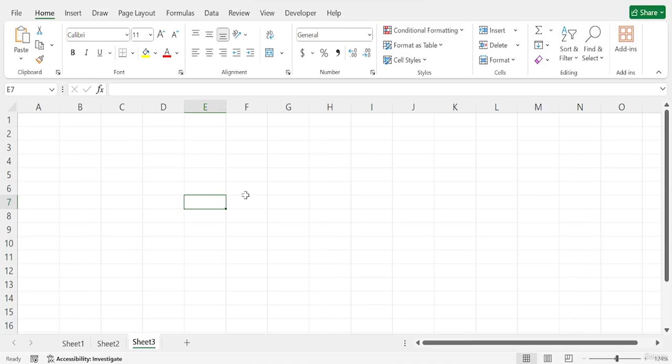In this video, I will talk about some text functions in Microsoft Excel. Those functions are the LEFT function, RIGHT function, MID function, and CONCATENATE function. In this video, you will learn how to extract specific parts of text using LEFT, RIGHT and MID functions, and how to combine text from different cells using the CONCATENATE function. So let's get started.